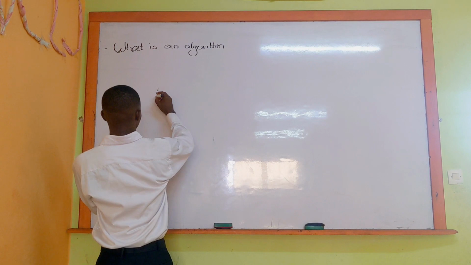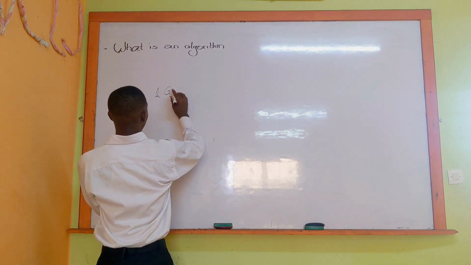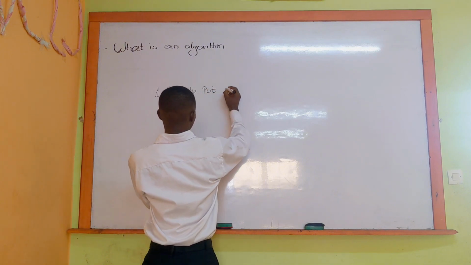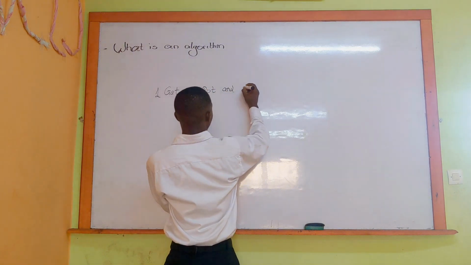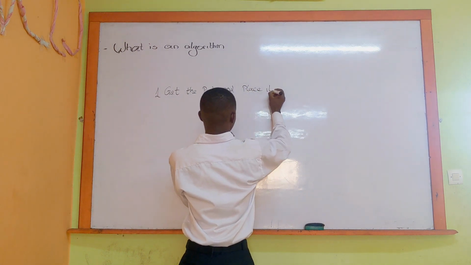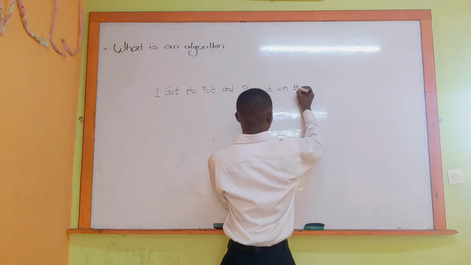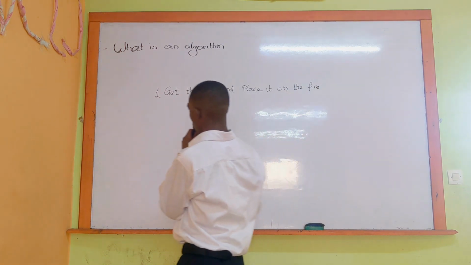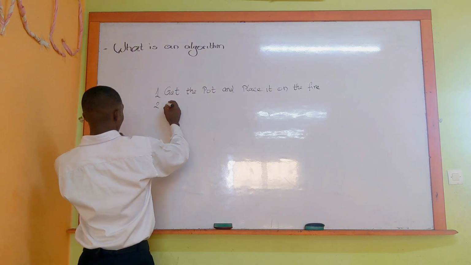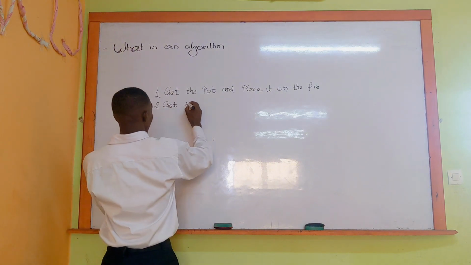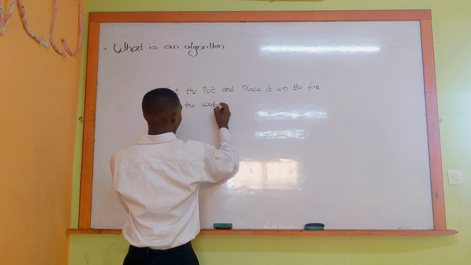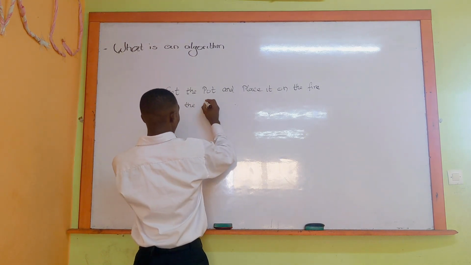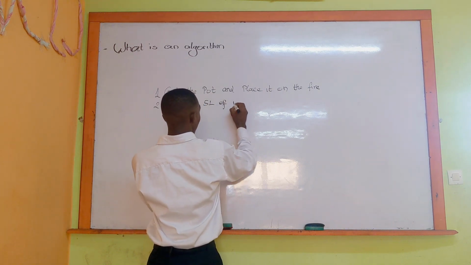Step 1, get the pot and place it on the fire or gas, whatsoever it is. Step 2, you have to get the water, right? Get the 5 liters of water